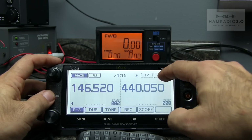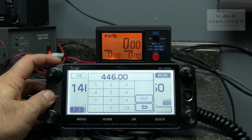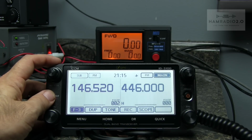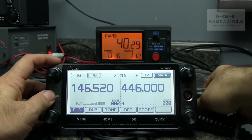And then if you go over here to sub, I can go to 4460, enter. Okay, FM, no offset. KC5H WB testing 1, 2, 3, about 40 watts. That last station calling